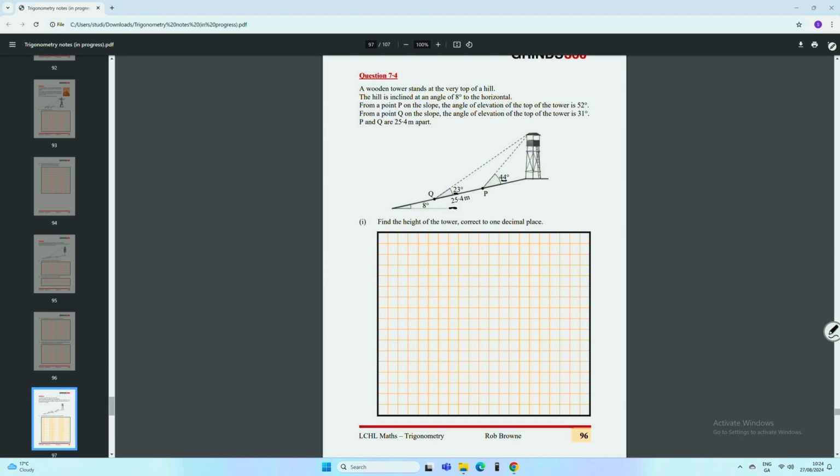slope of the ground. So that angle there with the ground at the point P, 44 degrees, is the angle of elevation 52, take away the slope of the ground. Take away the 8-degree slope of the ground at the bottom. So it's take away this angle down here. And the same with the angle with the ground at the point Q. It's the angle of elevation 31, subtract the slope of the ground. So when we're dealing with ground that's not level, we have to adjust angles of elevation for the slope of the ground to find what the slope with the ground itself is. All right? And then remember to fill in the remaining measurements, because in part 1 we're asked to find the